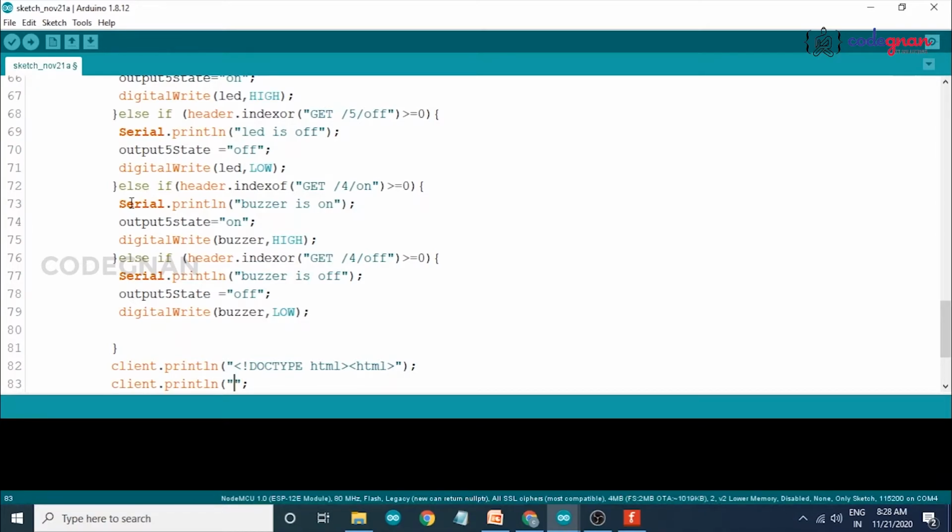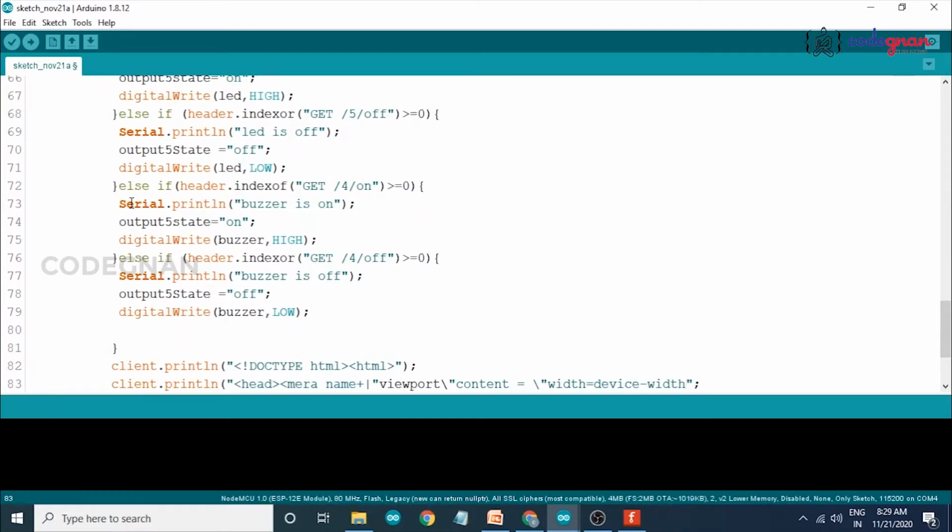We have to start the header file, so that head, viewport, content equals to width equals to device-width.